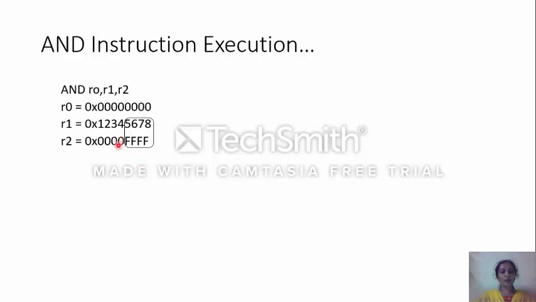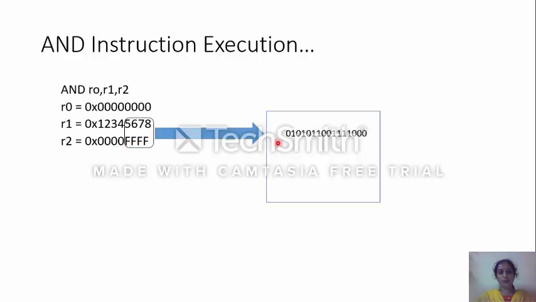Then how will the instruction be executed? You can see that out of this total 32-bit number, one half of the number is ANDed with FFFF and another half is ANDed with 0000. So we will separate the two 16-bit numbers and we will see the result. For the lower half, the instruction will be executed like this. This is the binary equivalent of 5, 6, 7 and 8. So 5678 ANDed with all ones. FFFF means all ones. And when you AND anything with 1, the result is the number itself.